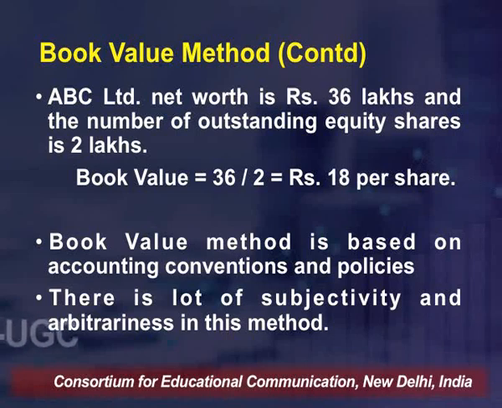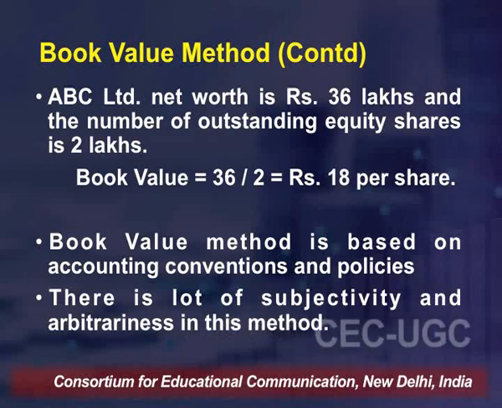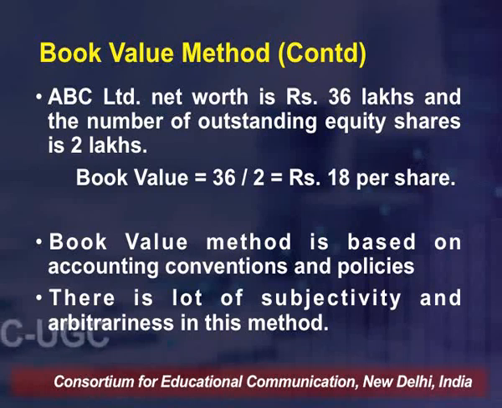Now we do a calculation and we find out that the book value is equal to the net worth, which is 36 divided by 2, the total number of equity shares, which brings us to a value of 18 rupees per share. Now if in the market, the current market price you find for ABC Limited is 20, as an investor,